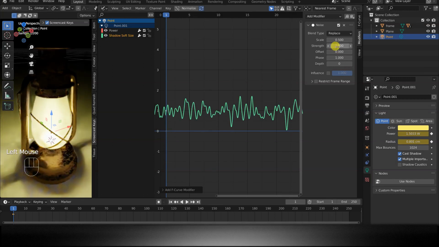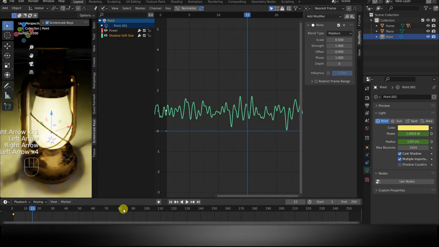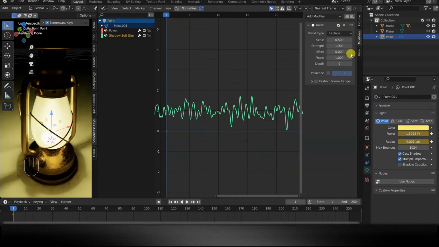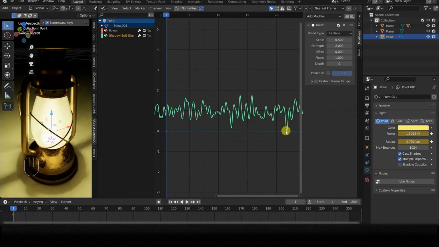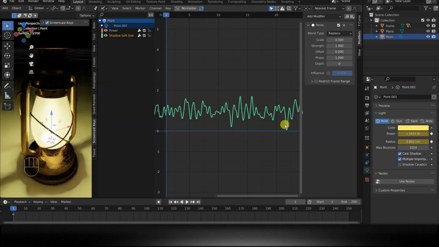This is, in a sense, the maximum value for this particular animation, because the starting value of radius was 1, and strength represents the maximum amplitude of the noise, which needs to be divided by 2 to understand how much it could increase or decrease. Since radius has a value of 1, if I set the value of 2 for strength, I could get a final value between 2 and 0, which we want to avoid. By setting 1.9, I will get very low random values for this parameter, but without the risk of reaching 0 or even negative values.